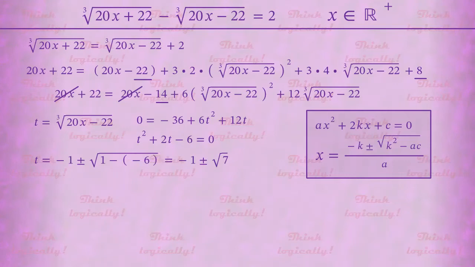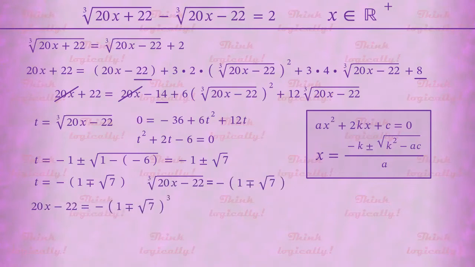For better readability, let's write minus before the brackets. In order to avoid possible criticism, I changed plus minus to minus plus. However, this isn't really essential. Now we can get the equation for x using the expression for t, and we raise it into cube and find the value of 20 times x. Remember that we are looking for positive values of x, in which case 20 times x is also positive.